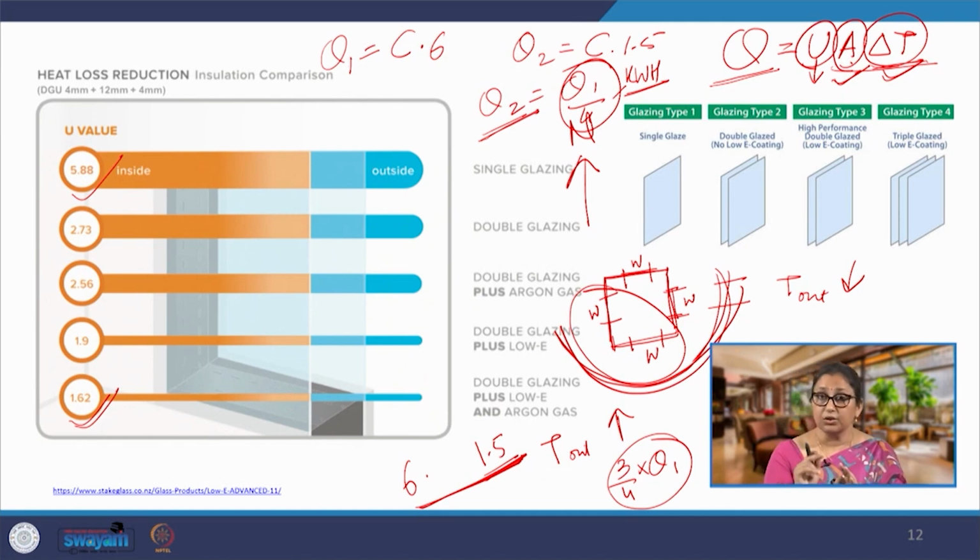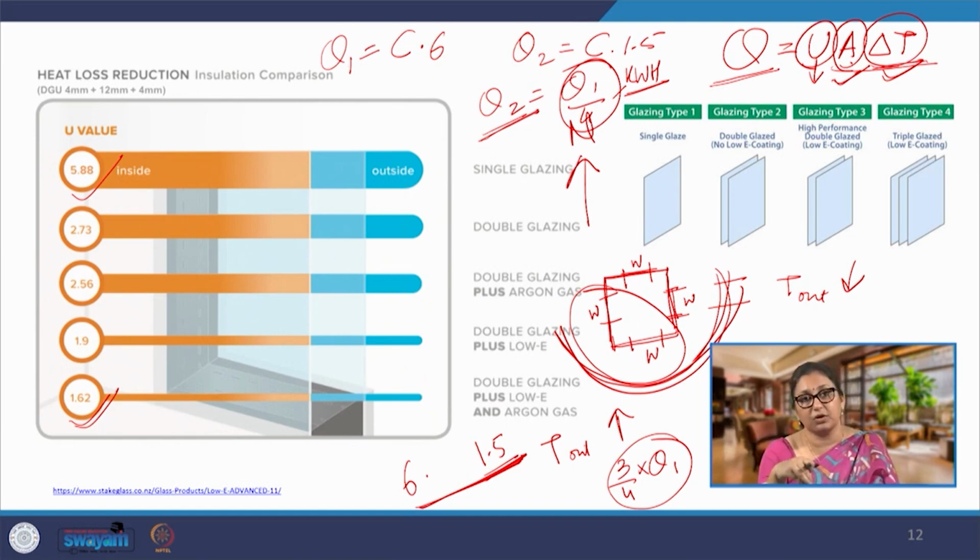scope 2. The moment we say that I am going to use a double glazed window, which means that instead of one sheet of glass, I am going to use 2 sheets of glass, which means the embodied energy has directly doubled. So, if I look at the overall, if I look at scope 3 emissions also,